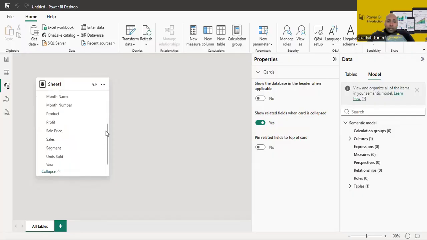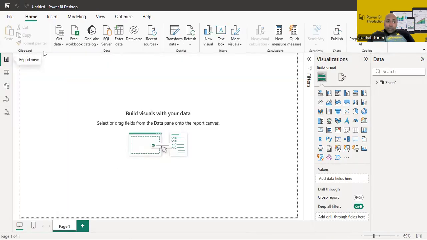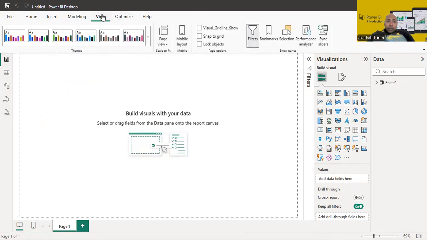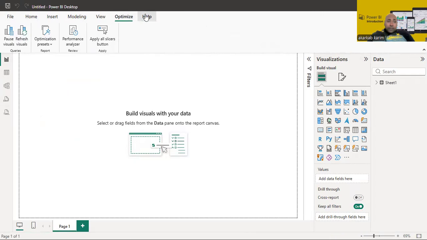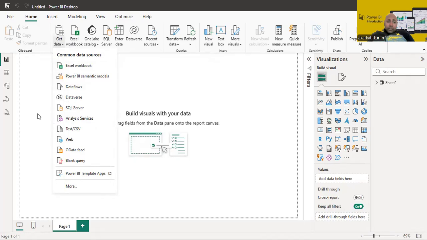So here in our case, you see with me, we have just one table called sheet, and we have all these columns. And we have here something called Power Query, just for cleaning the data. Here in our case, I will show you, we have a view, optimizing, home. So here, if we want to add some other data,